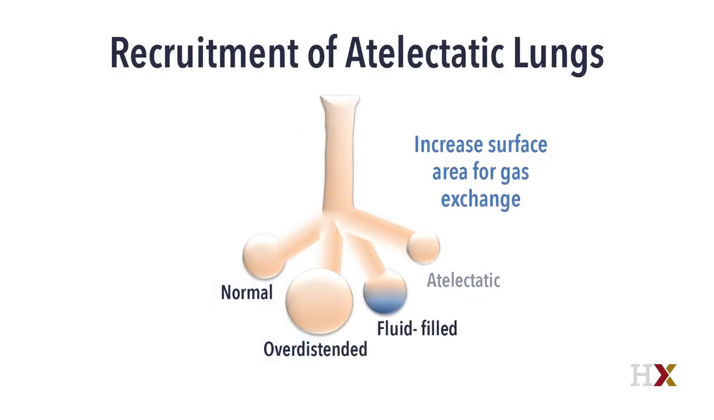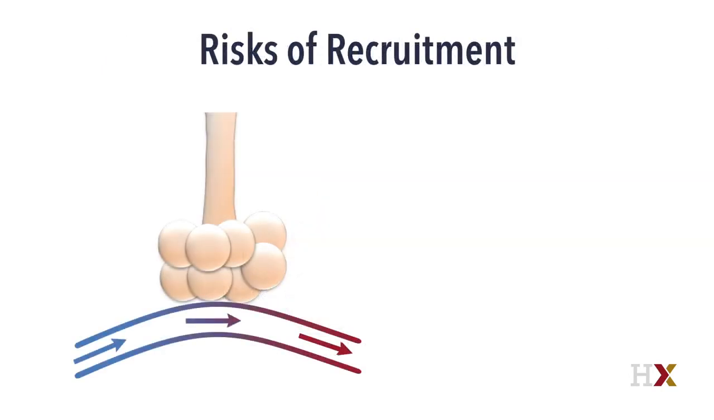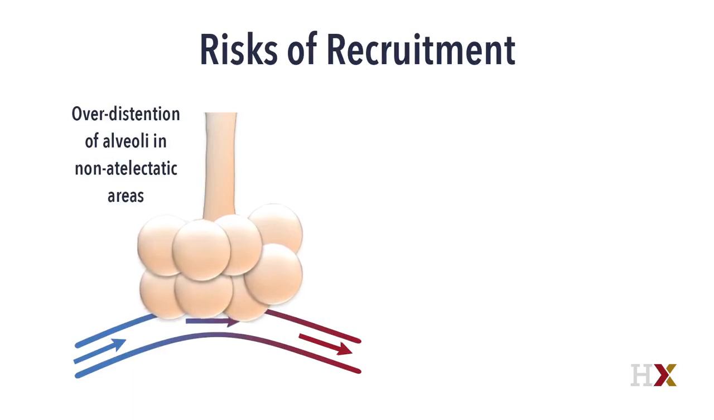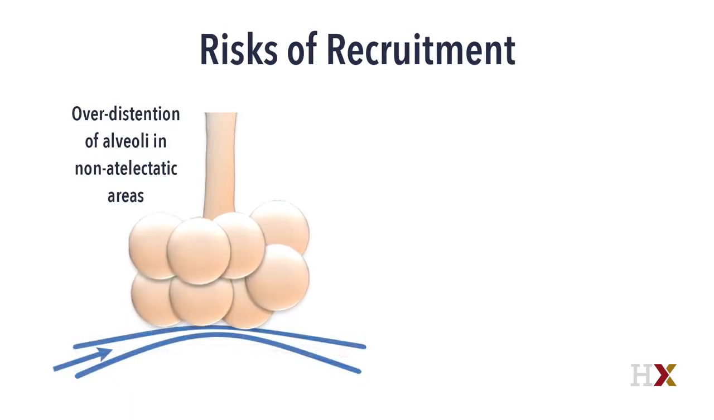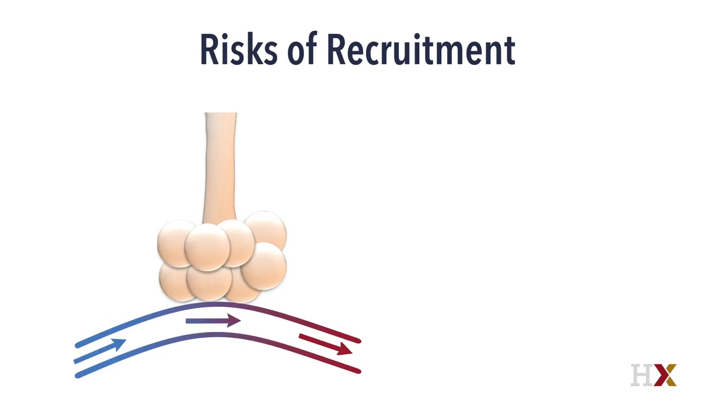We want to recruit that atelectatic lung to improve surface area and improve the areas for gas exchange. There are some risks, however. The high levels of pressure can lead to overdistension of the good areas of lung, and that can crimp the capillaries, leading to transient hypoxemia. Usually this is only short-lived and will stop as soon as the patient is placed back on a lower level